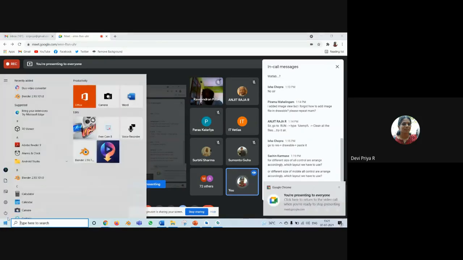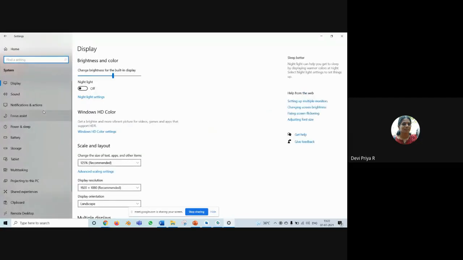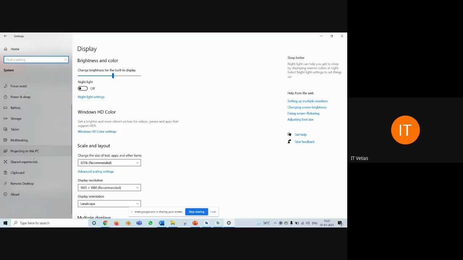I think I'll just show you. In settings, I think in system, I forgot, but I have done that thing. I think this is not in this particular configuration.